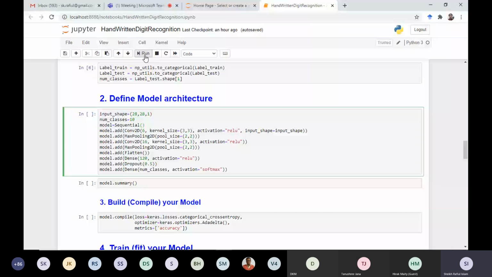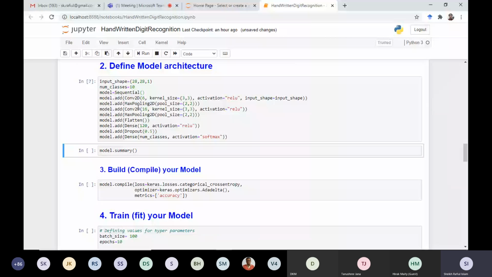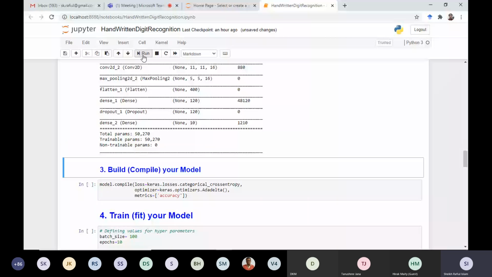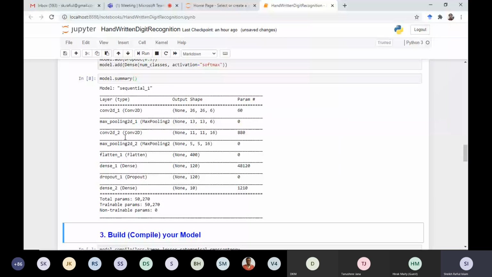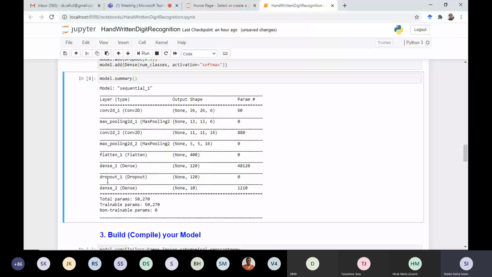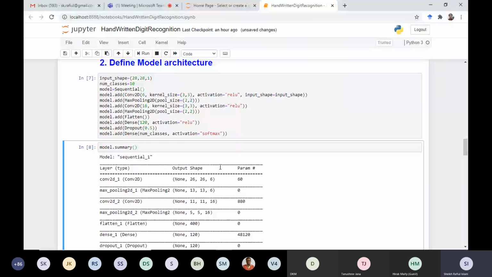Now, if you want to see this model, see this is the model summary here. See, this is the 2D convolution layer 1, max pooling 1, convolution 2, max pooling 2, flatten layer, dense layer, dropout layer, everything. And after using these kernels, what will be the shape of the output?